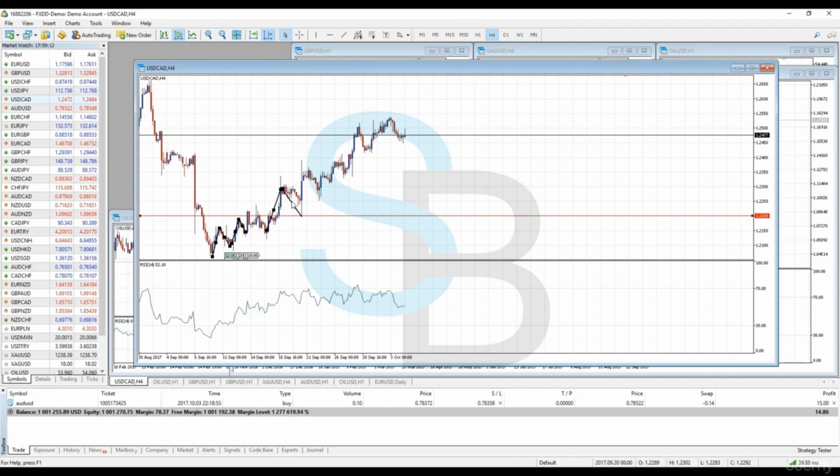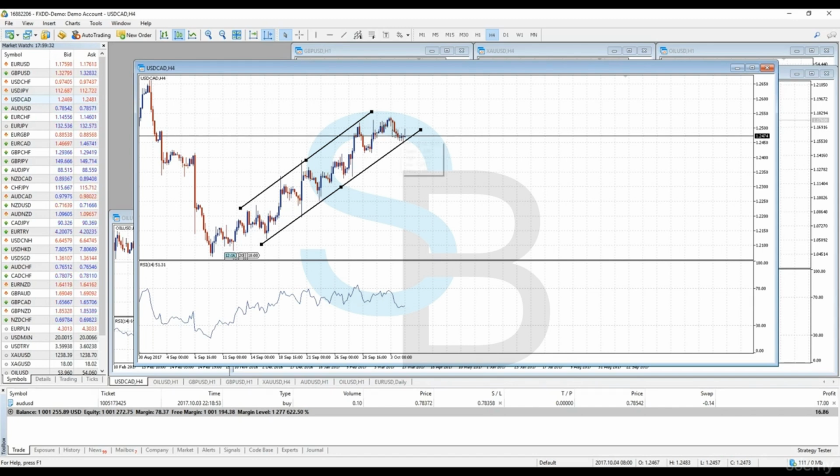So now in terms of reversals, okay, this trend will continue to trade in this upward trend until this major level of support is broken. Okay, and we also have the resistance along the top. So we're trading in this rising channel, and once this level of support is broken, that would be our sign